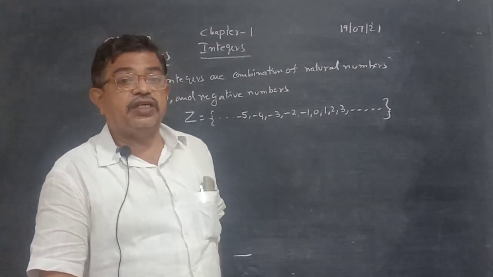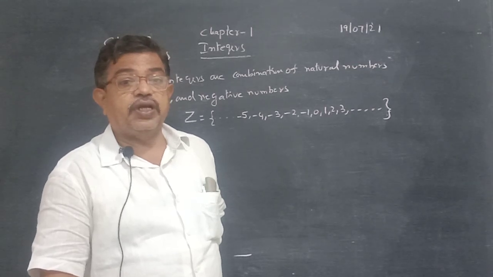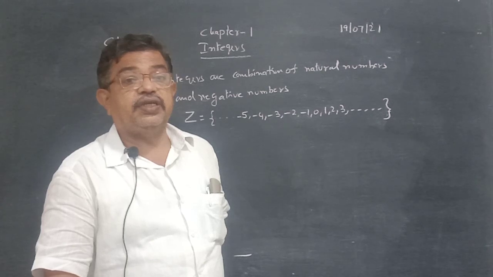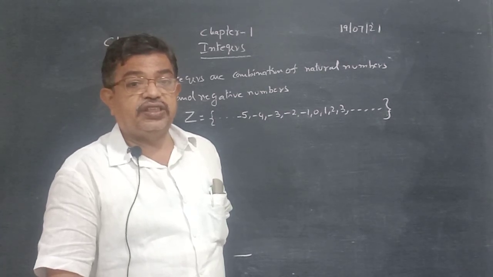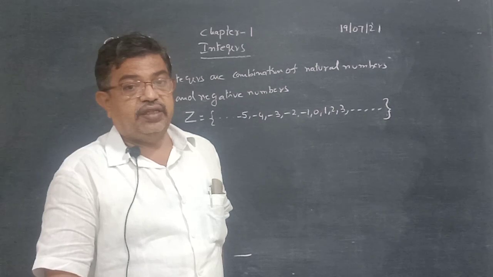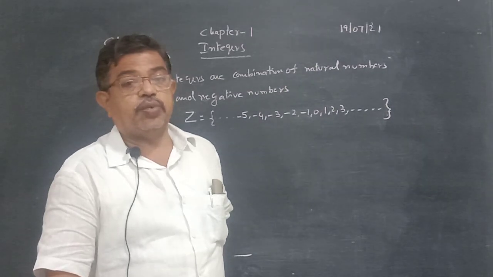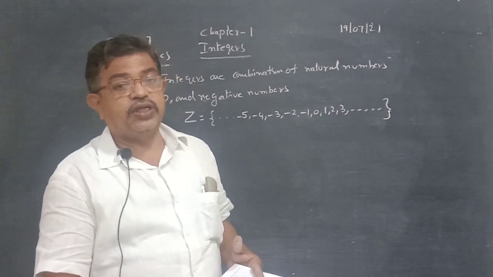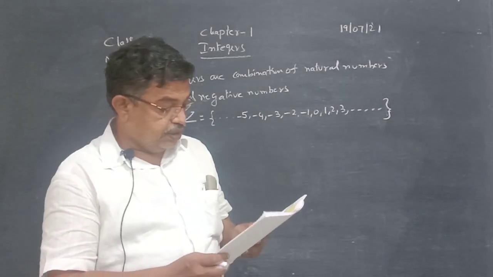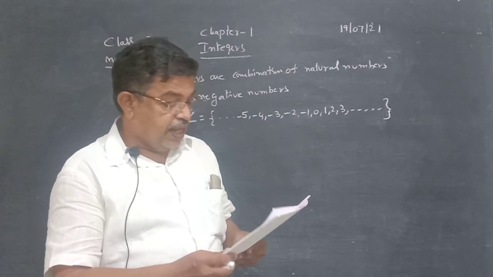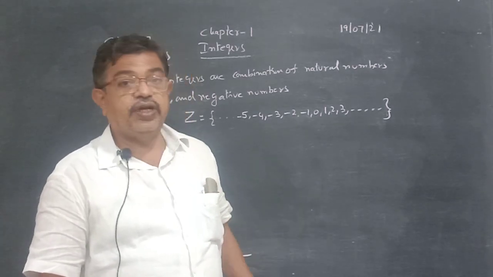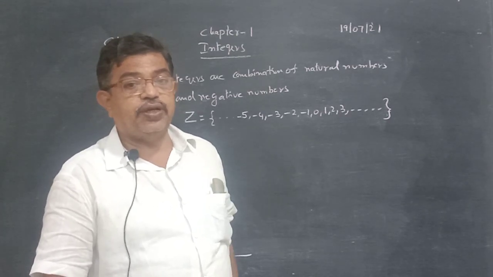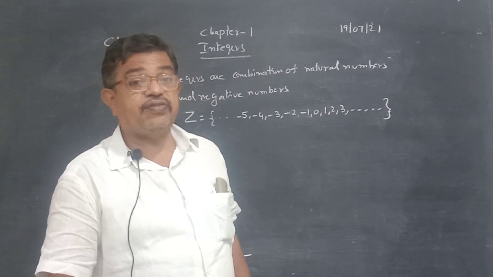And similarly, integers do not have closure property, commutative property, associative property, identity property and inverse property under division, because the division of two integers is not always an integer. Therefore, integers do not have closure property under division. All these we learnt, already I explained you. The same points are mentioned here. Next, we are going to understand real life problems related to integers. Some problems already I explained and I am going to explain you problems related to real life situations.